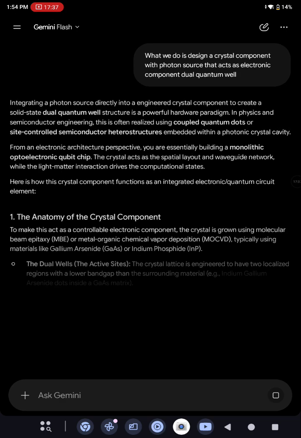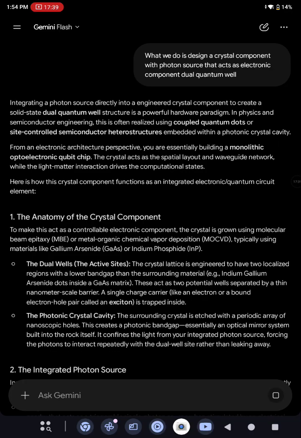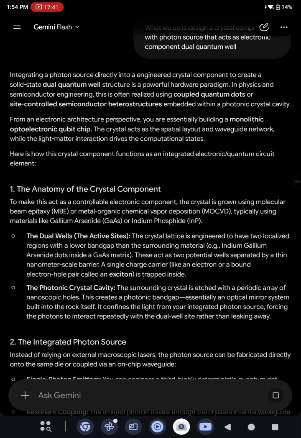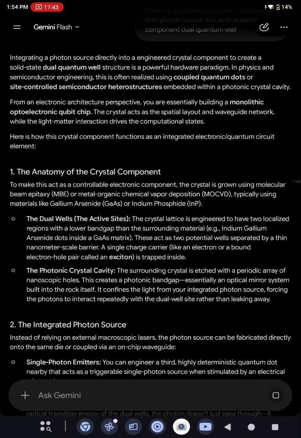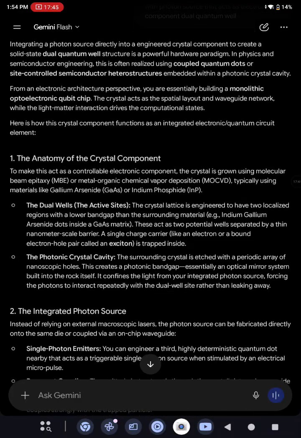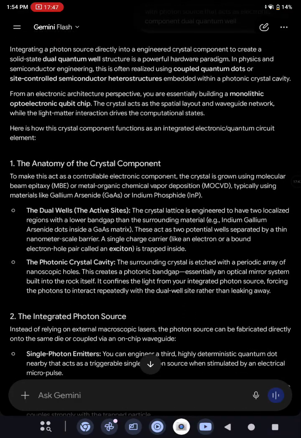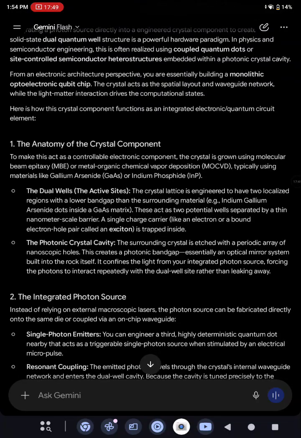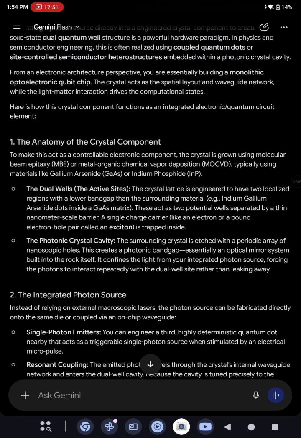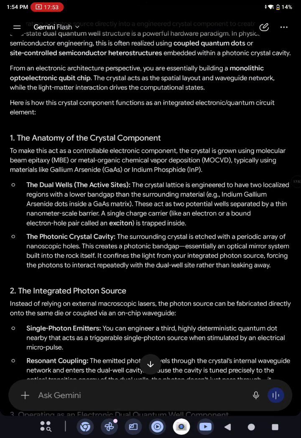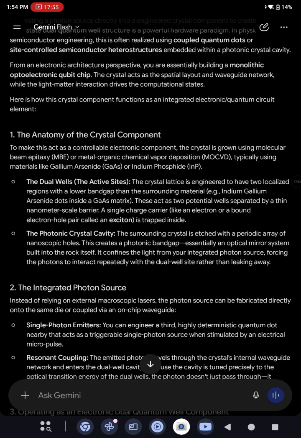Integrating a photon source directly into an engineered crystal component to create a solid state dual quantum well structure is a powerful hardware paradigm. In physics and semiconductor engineering, this is often realized using coupled quantum dots or site-controlled semiconductor